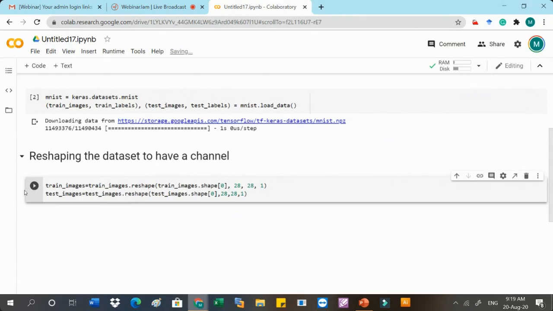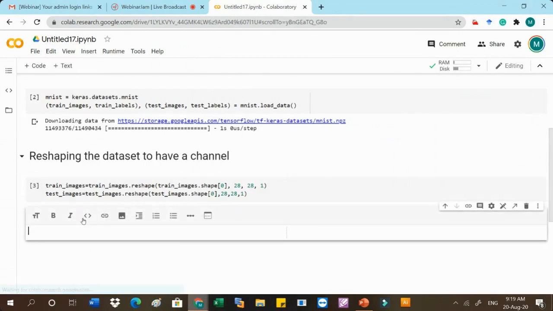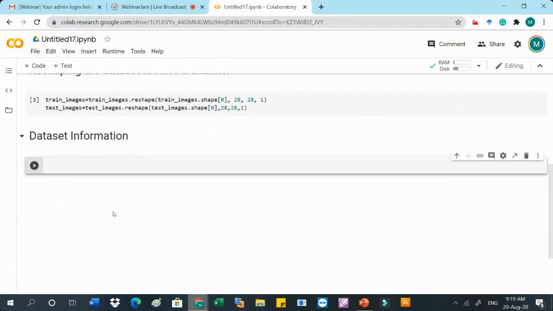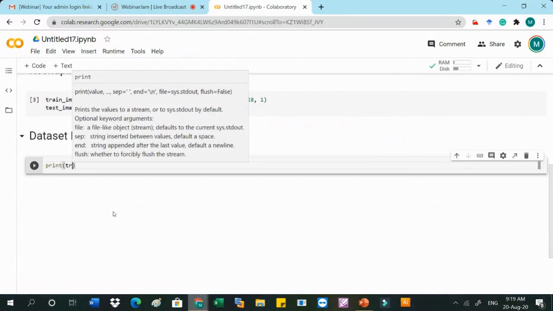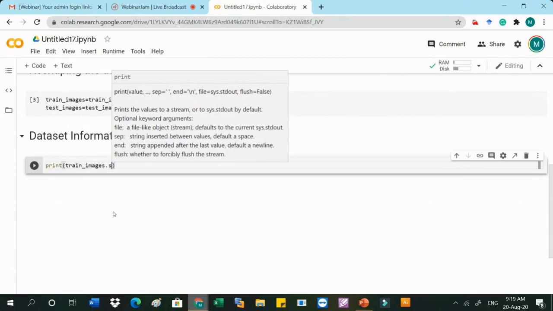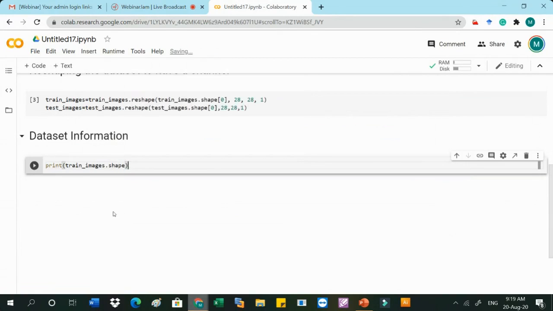Now we can check the data set once so that there are no issues in our further code. So, data set information. Which information do we require to check? We can print the training input size: print train_images.shape.